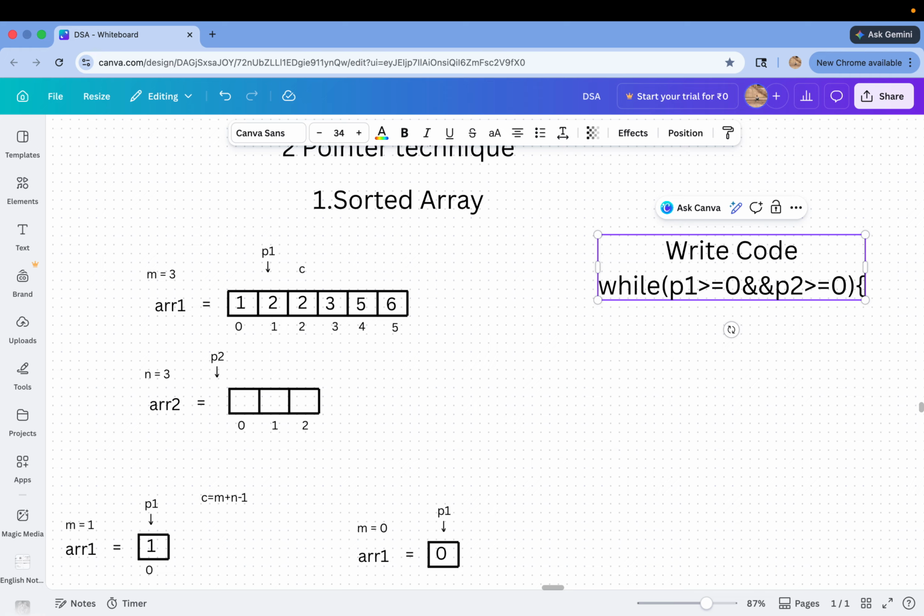Right now we compare P1 and P2. If array 1 of P1 is greater than array 2 of P2, then